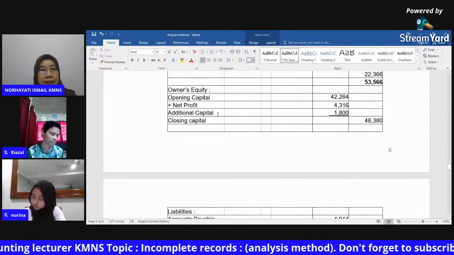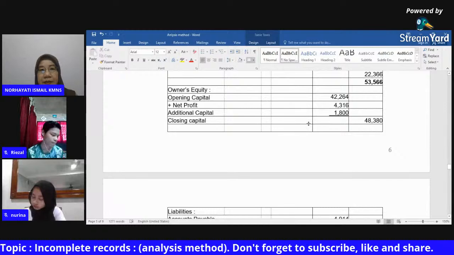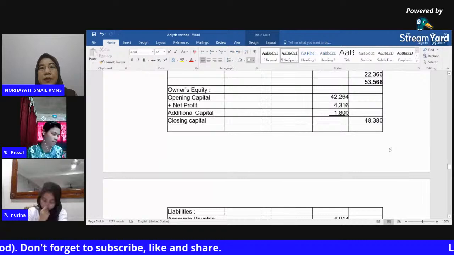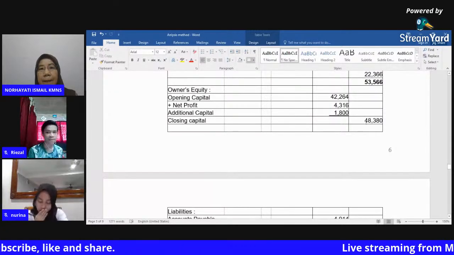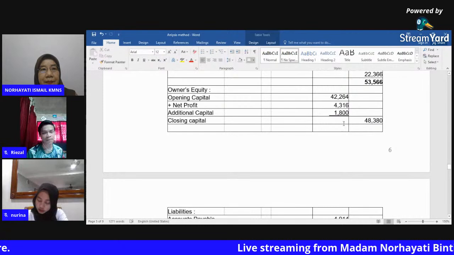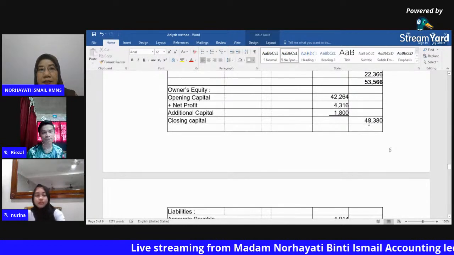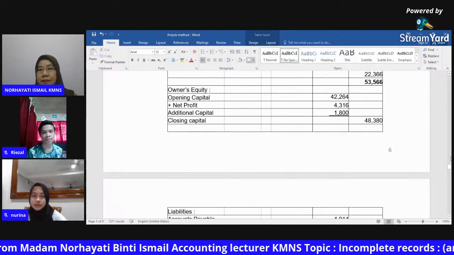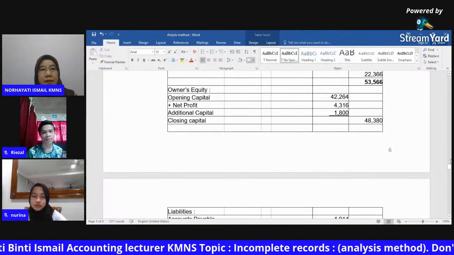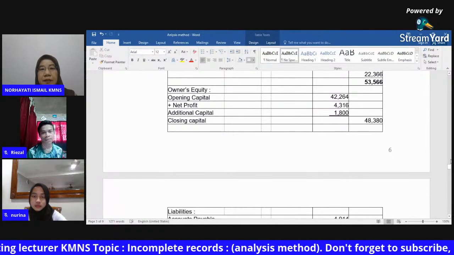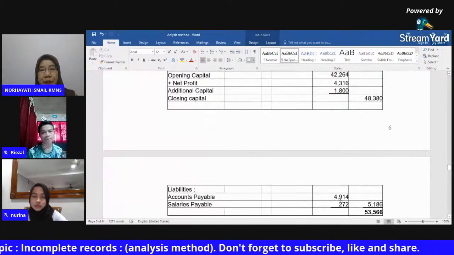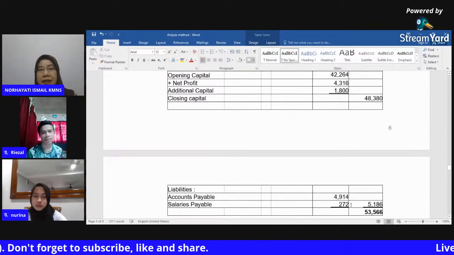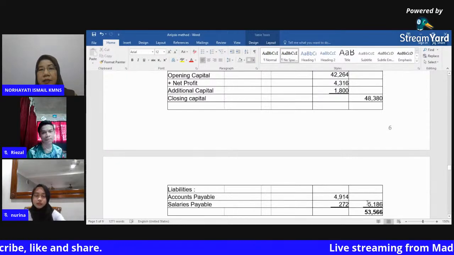and got the additional capital from the cash book, given in the cash book. So you got the total for closing capital is 48,380. Now we look at the liabilities. So we have account payable 4,914, salaries payable 272, the total for liabilities